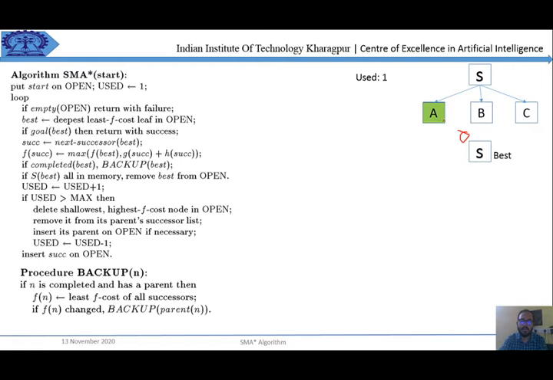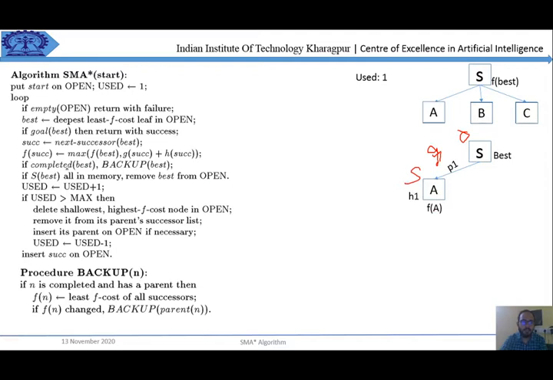There are actually three possible paths that I can go for, but I have chosen the path A. It is not mentioned explicitly which path to choose, so we can take any one path. I have taken the A path. After taking this node, it becomes the successor, and I have to find the f value of the successor. That is the maximum of the f value of its parent and the sum of the path cost g and the heuristic. I have to sum up both, and whichever is the maximum, I take that value and put it as the f value in the successor.